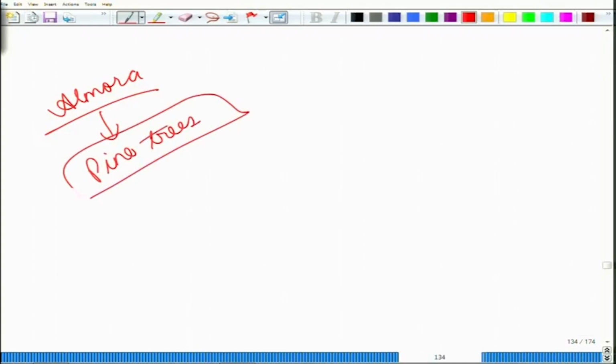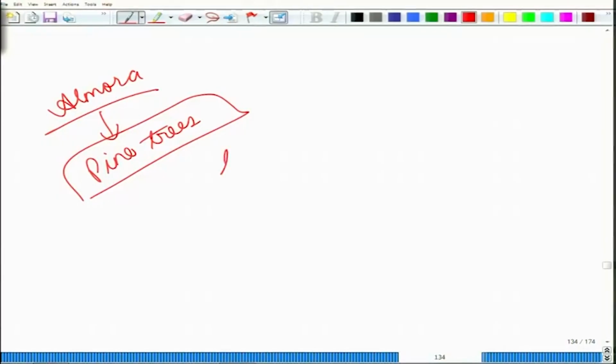Now, if we have pine trees at the current ambient conditions, the current ambient conditions means the amount of carbon dioxide that we have in the air at present, and also the location of this place, what is the latitude of this place, how much cloudiness is there in this place, how much water this area is receiving, what is the level of fertility that the soil has. Those are all the ambient conditions.